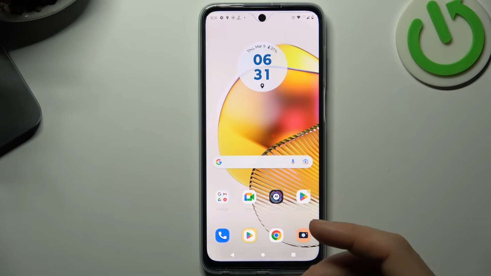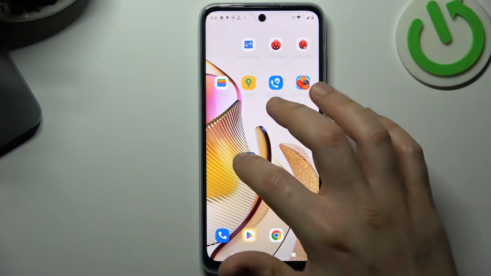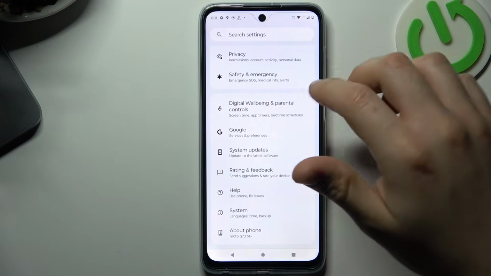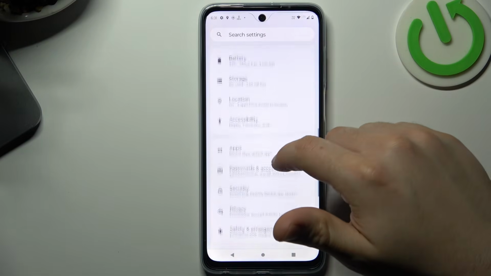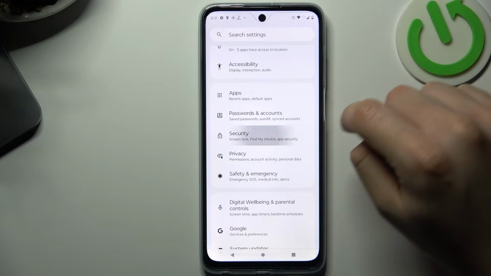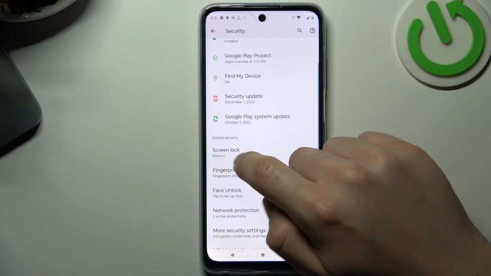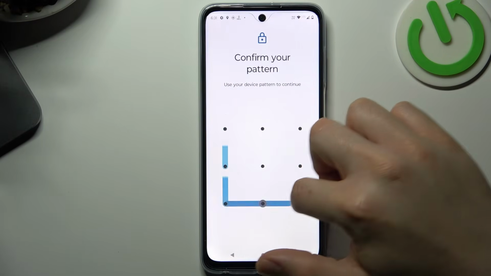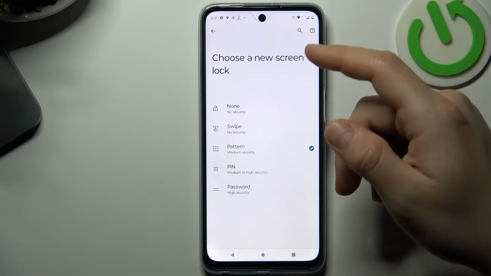And now if you want to change your pattern, maybe your PIN, or any other security option, go to the settings, choose security, and tap on the screen lock. Now configure your pattern and choose the